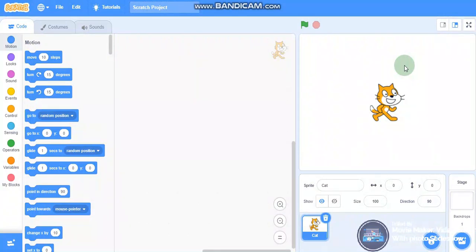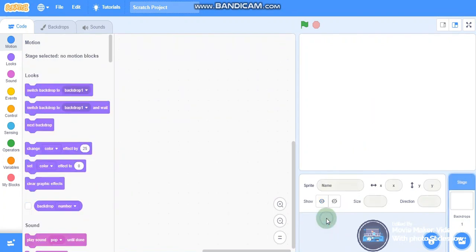So the first thing we need to do is open Scratch Desktop. I've already opened the app. Now we need characters or the sprites for the project. We'll be needing three main sprites. One is the rocket ship, second is the rocks, and third is a bullet, otherwise button 2. Now we don't need a cat, so I'll delete it by clicking on the delete option.